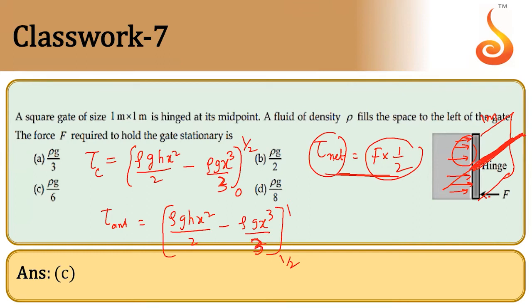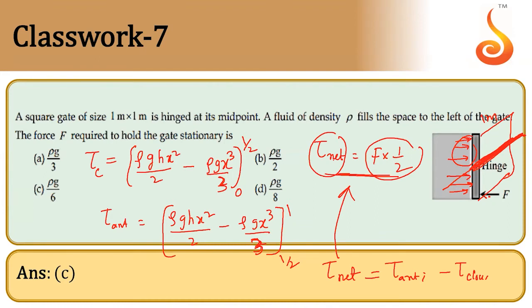See the formula? That is the formula. That part can you do? Can you try? Calculate the clockwise torque. Calculate the anti-clockwise torque by substituting the limits. After that, what do you have to do? Net torque. How do you calculate the net torque? Torque anti-clockwise minus torque clockwise. So this net torque is substituted here. You will get the force which we have to apply at the bottom.